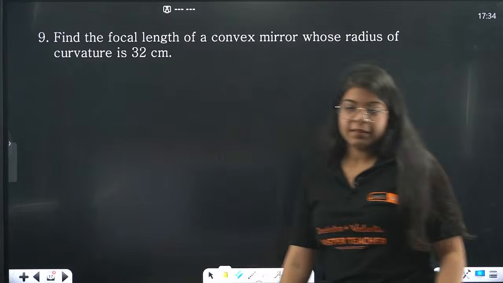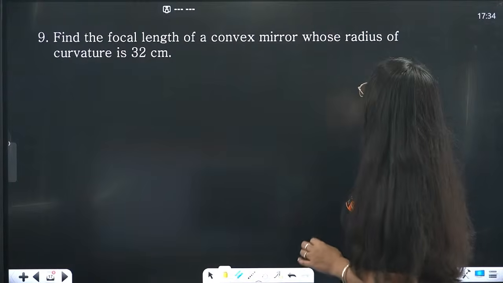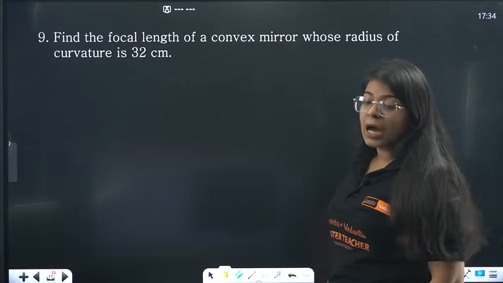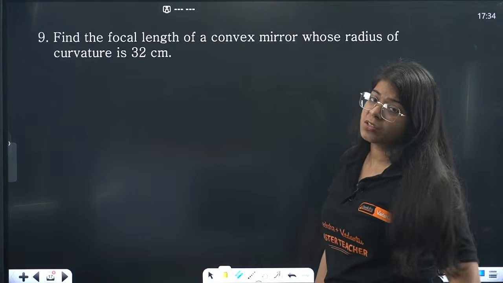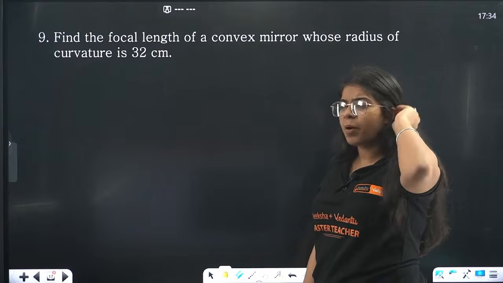Find the focal length. Okay. Find the focal length of a convex mirror whose radius of curvature is 32 centimeter. Now, this is important. Why? Because of the sign conventions. Okay, it's a very simple question. Nothing to be bothered about it. But